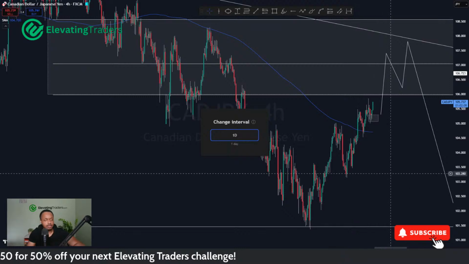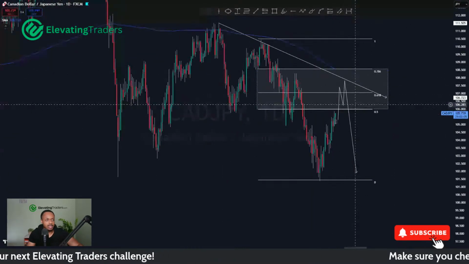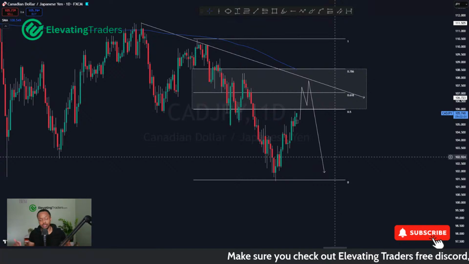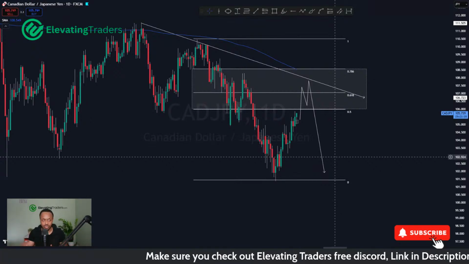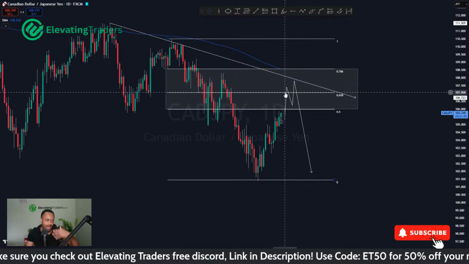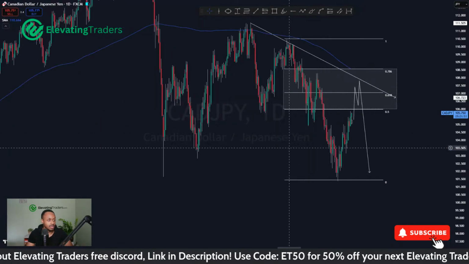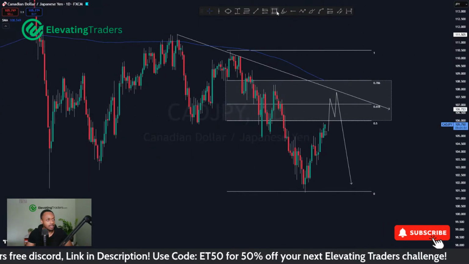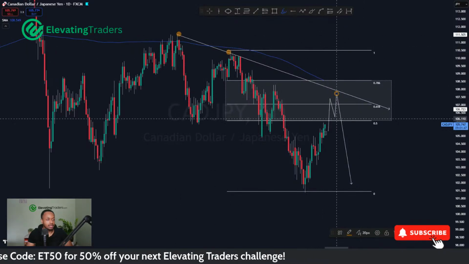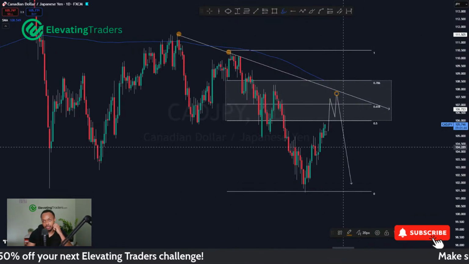Anywhere in that zone on the daily chart, I do think a lower high could form. So that's what I said. I've got quite a few pairs on the watch list, but they're just not quite ready to be shorted yet. It might still be a few days out. CAD needs to get there first, react, set up nicely before I do take a sell. But I am looking at basically another lower high forming here for CAD Yen, roughly in this area here. So that's kind of what I'm keeping a close eye on.